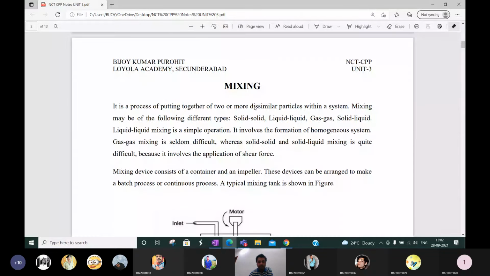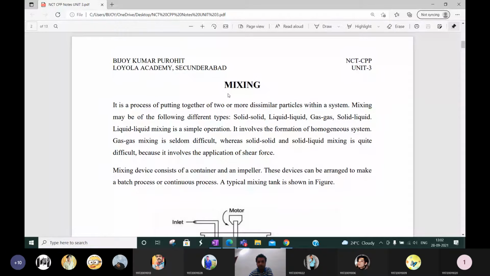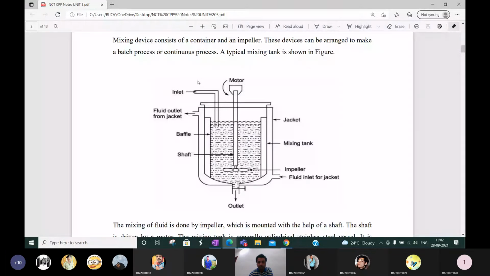This is the structure of the mixing tank. We already discussed these things previously in the offline classes. Here you have inlet fluids, which we generally call a feed. Feed may be feed 1, feed 2, or feed 3. Any input we can add to this tank. The tank will have a motor, shaft and impeller connection, and this combination of motor, shaft and impeller we call a stirrer.